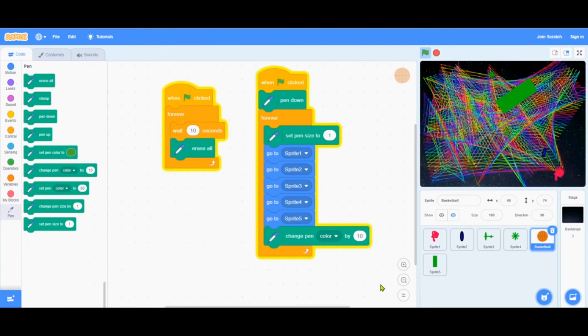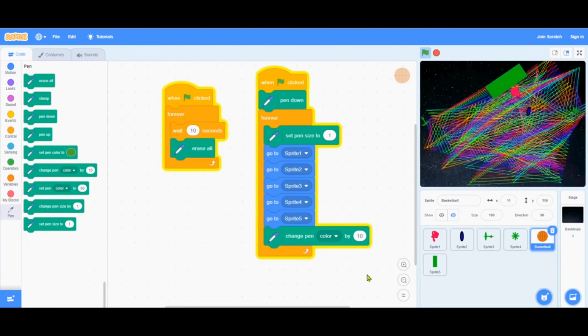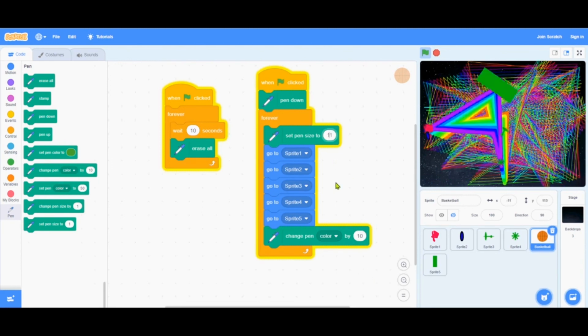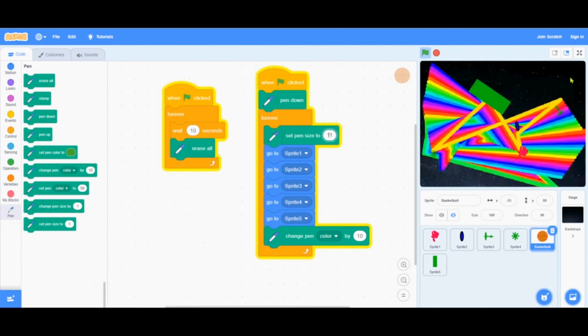That's kind of fun. Alrighty, this is a pretty interesting program because you can play with these numbers here. You can make the pen size 11. Oh boy, you can see it's bigger. So you can have fun with this, and you can make this